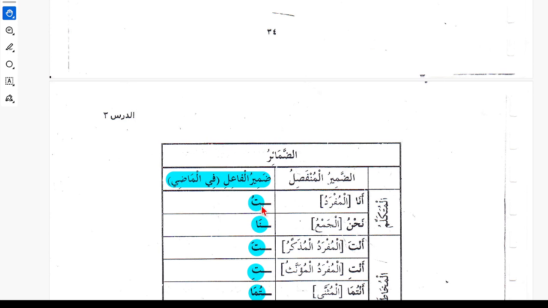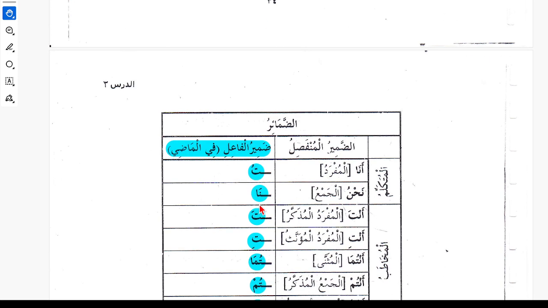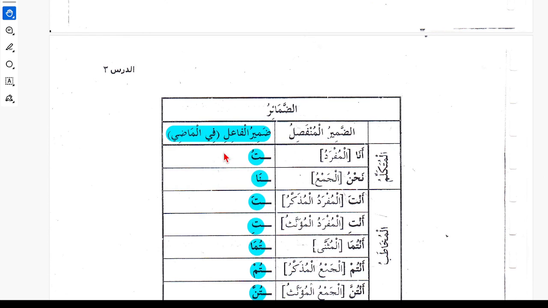If I say dakhaltu, that means I entered. Dakhala, he entered. Dakhaltu, I entered. So what is tu? Tu is the fa'il, the pronoun of the doer. So tu will indicate that I am referring to ana. Similarly,